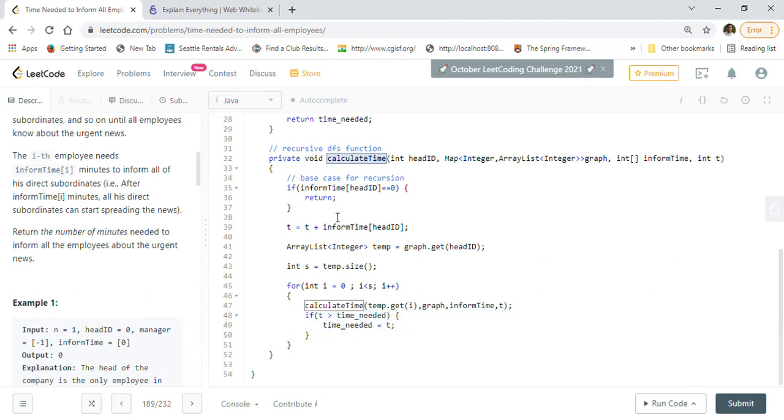So first we created a graph, we pass the graph here, and we do DFS. We take the current time that we passed, right? Whenever we recursively call calculate time, we pass the current time as t, and then we add the current node's time.